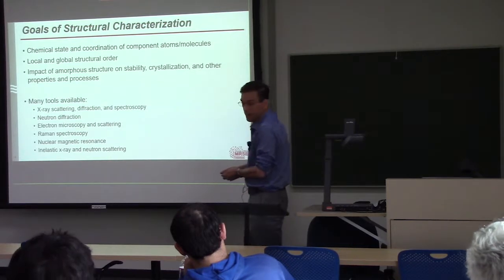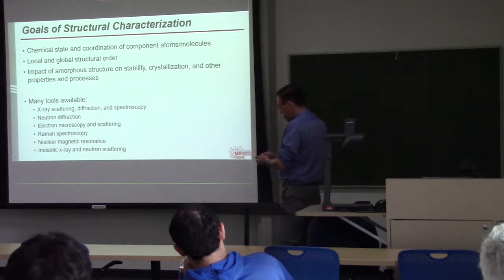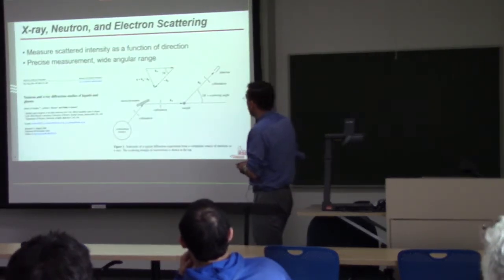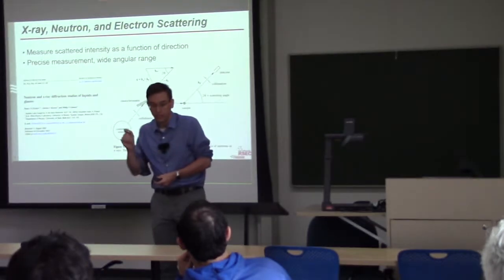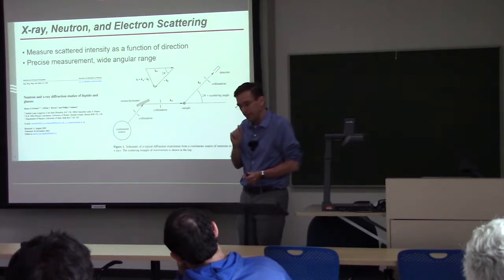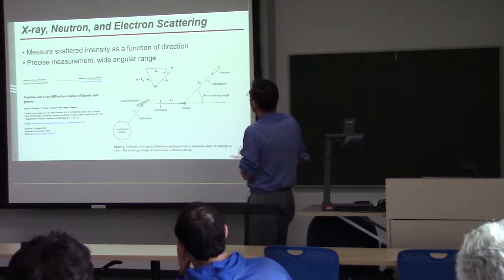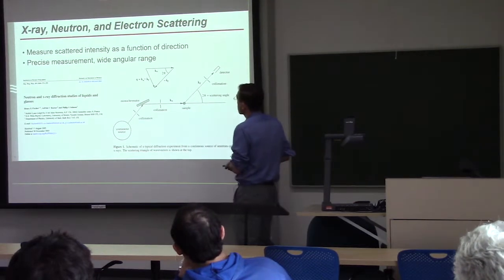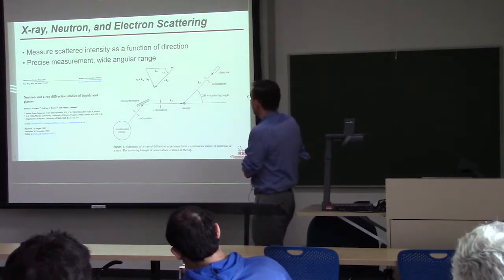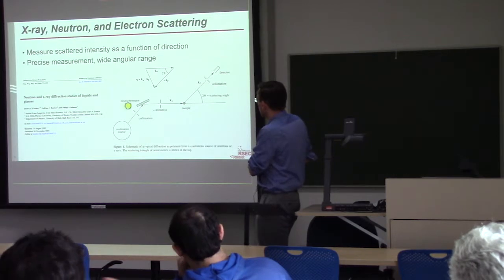So let's talk about the scattering measurements for a second. There's one point I want you to take away from the scattering, and that is that you can do a complicated looking experiment, but you can extract a very fundamental and relatively straightforwardly described quantity that you can use to interpret the structure of the amorphous solid exactly, or at least precisely.